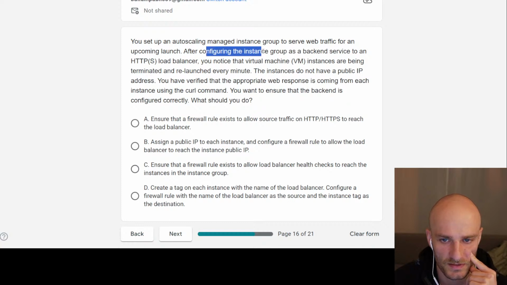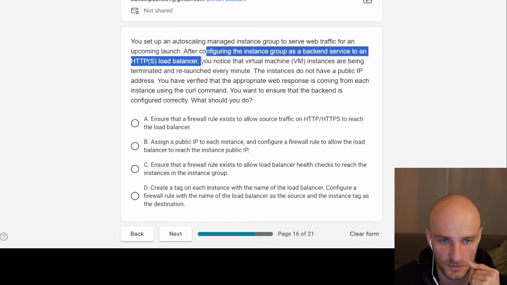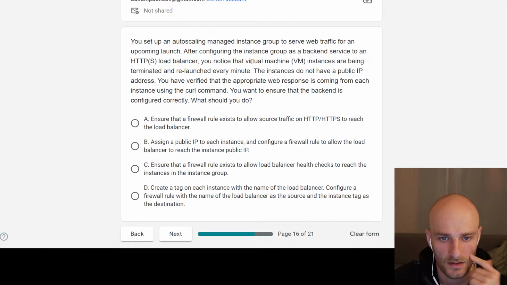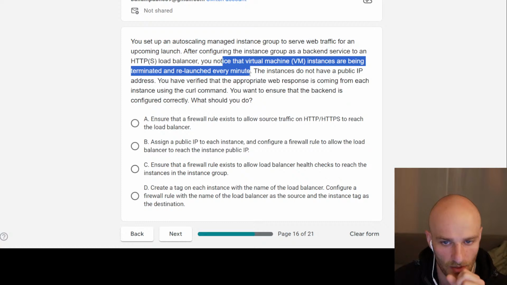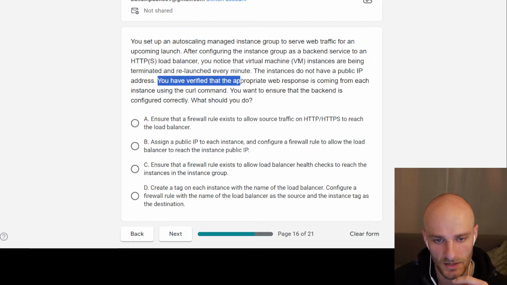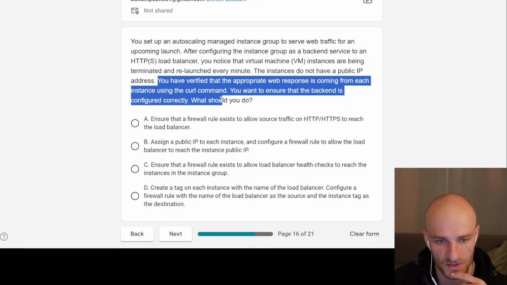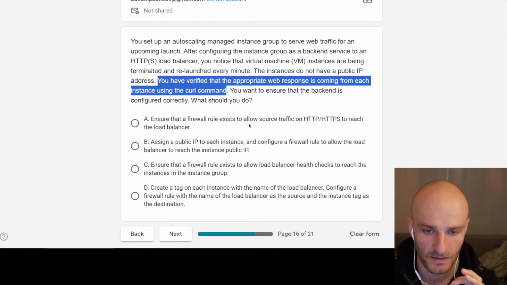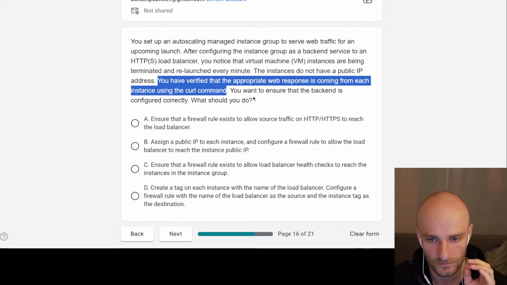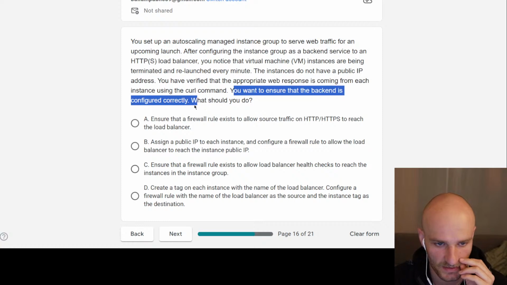After configuring an instance group as a backend service to an HTTP load balancer, you notice that the virtual machine instances are being terminated and relaunched every minute. The instances do not have a public IP address, and you have verified that the appropriate responses come from each instance. Okay, so the virtual machines are working correctly, they're healthy, and you want to ensure that the backend is configured correctly. So